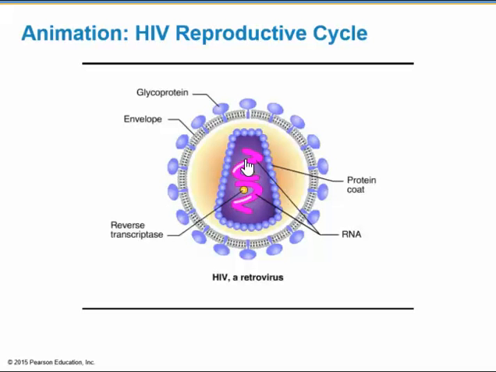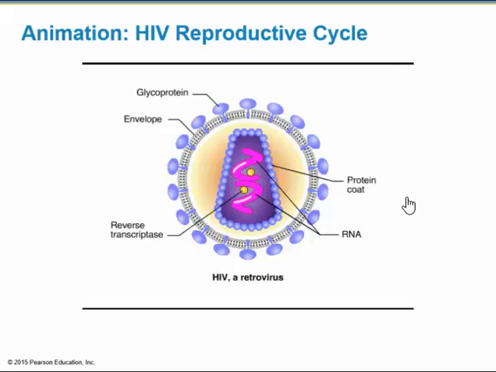Understanding the structure and life cycle of HIV, the AIDS virus, is critically important to dealing with the disease. HIV is covered by an envelope derived from a host cell membrane. Glycoproteins studding the envelope recognize and bind to receptor molecules on the host cell. A protein coat surrounds the viral genetic material, which consists of two molecules of single-stranded RNA. The enzyme reverse transcriptase enables the virus to make DNA from an RNA template, a trick for which this group of viruses is named,